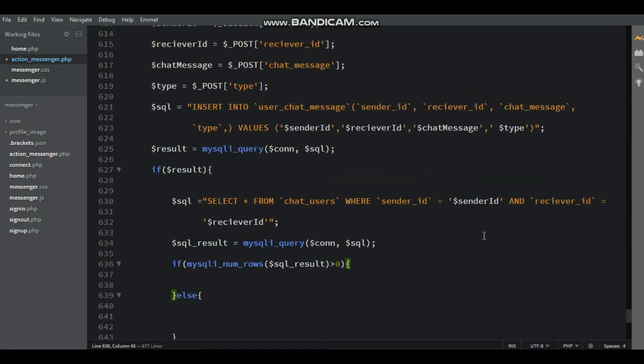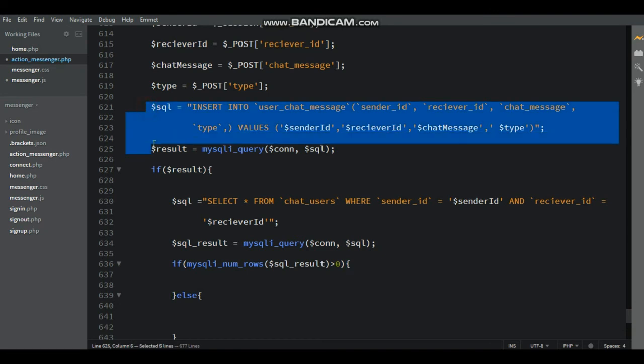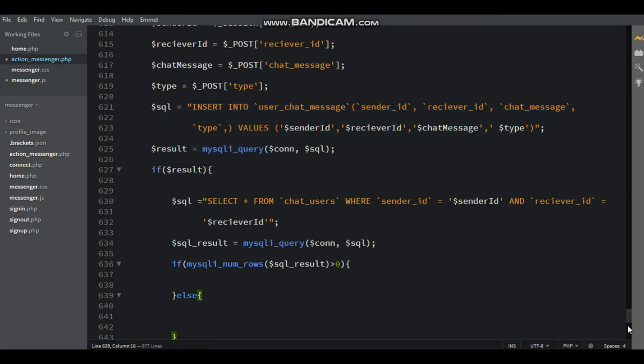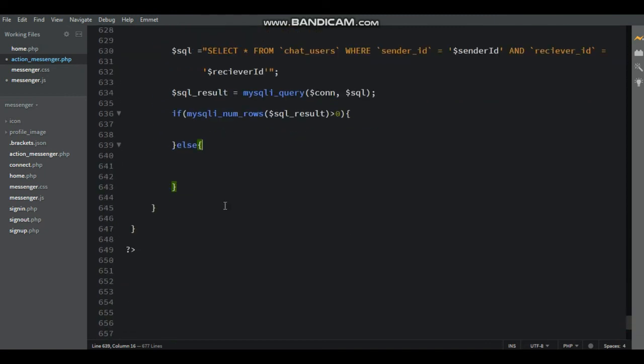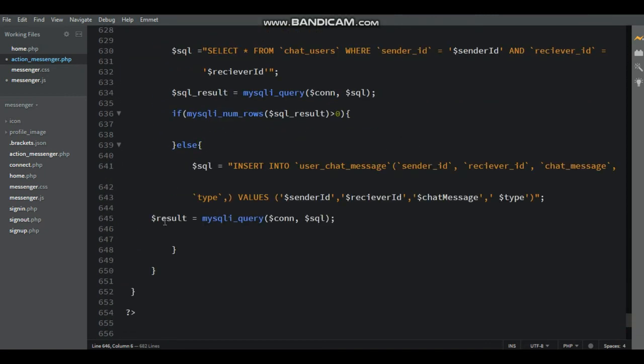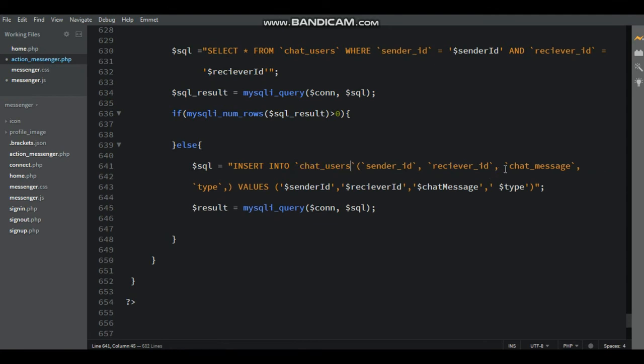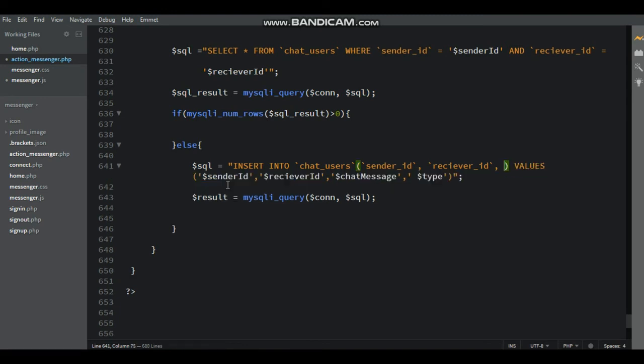Just copy the insert function and then paste it inside the else function. Here that is checking whether first sender ID and receiver ID already exist. Here that is if function shows, that is give blank, and then else insert chat users sender ID and receiver ID.